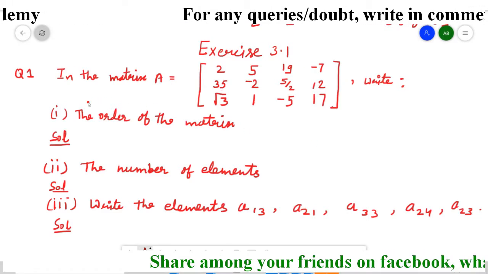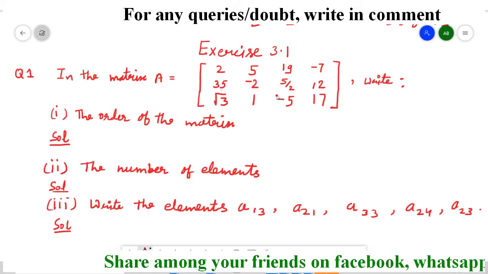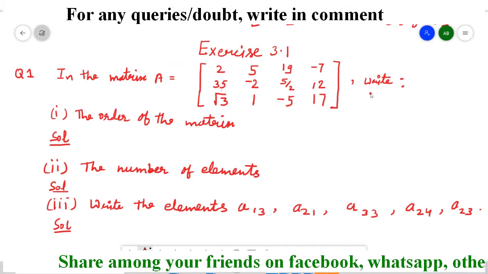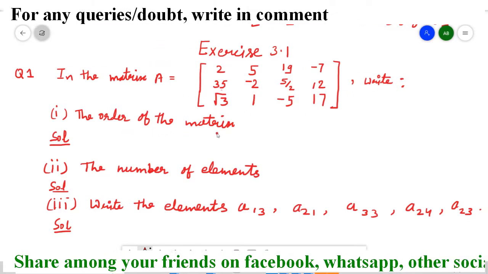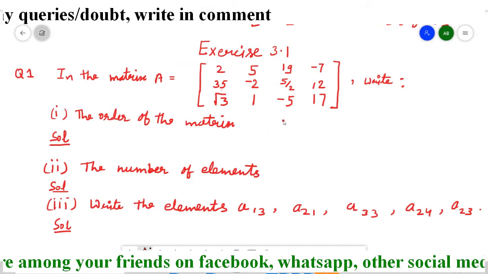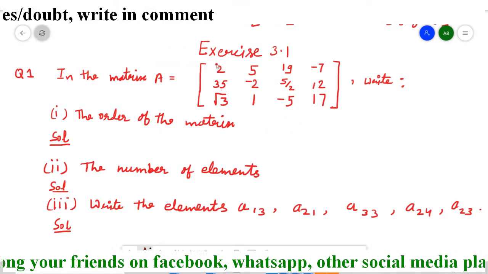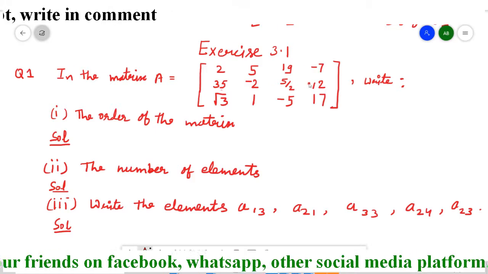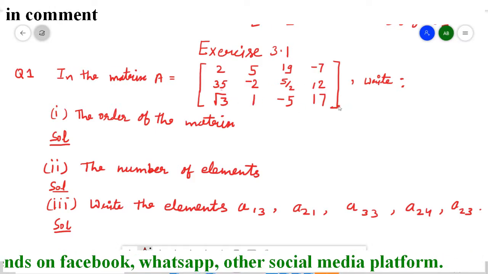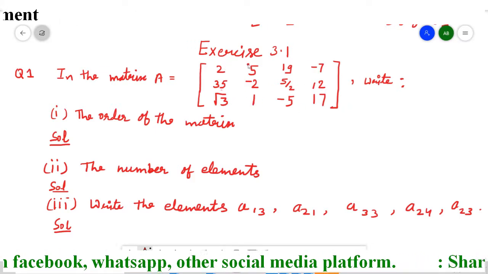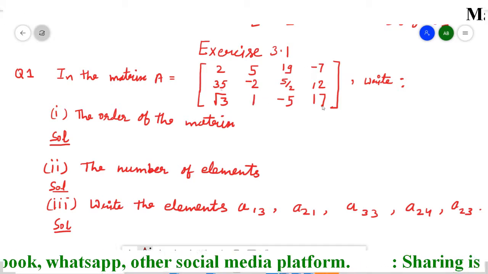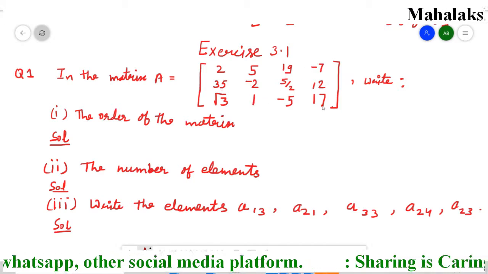The question is, in the matrix A, which is given to you, we have to write down the order of the matrix. So how many rows does it have? First row, second row, third row. So it has 3 rows, and the columns are 1, 2, 3, 4. So we'll write down here